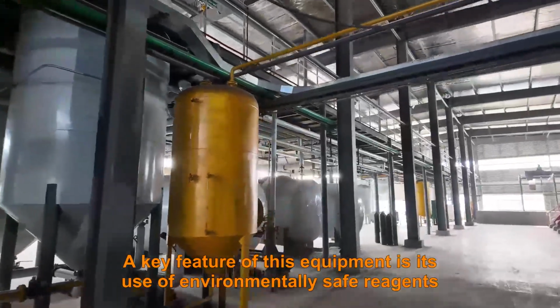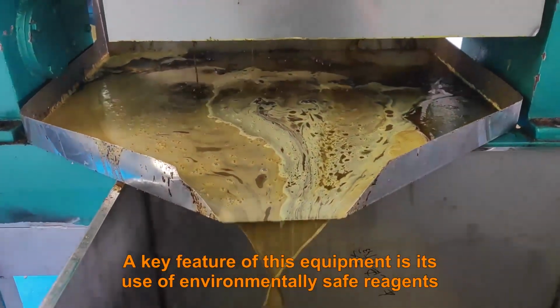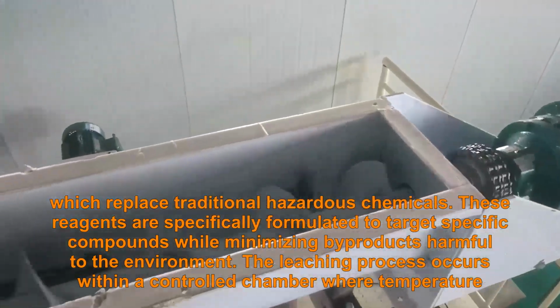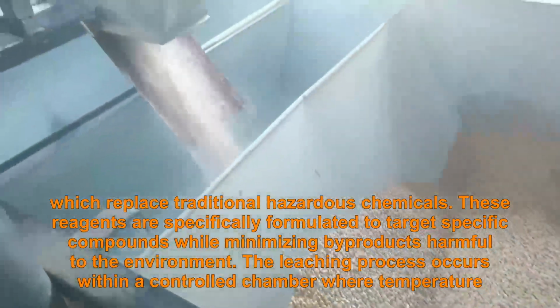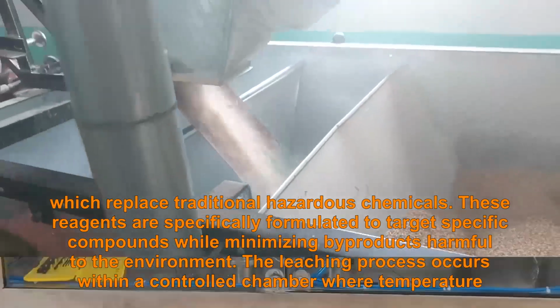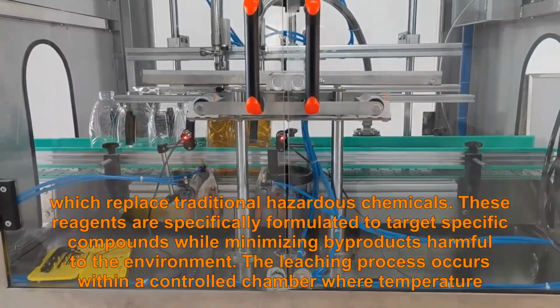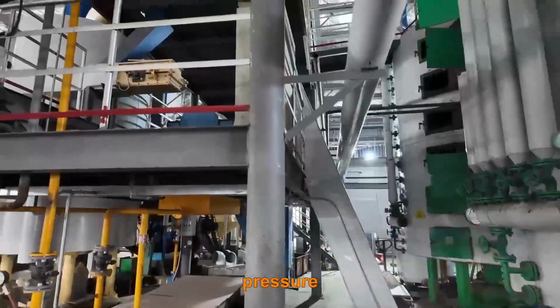A key feature of this equipment is its use of environmentally safe reagents, which replace traditional hazardous chemicals. These reagents are specifically formulated to target specific compounds while minimizing byproducts harmful to the environment. The leaching process occurs within a controlled chamber where temperature, pressure,